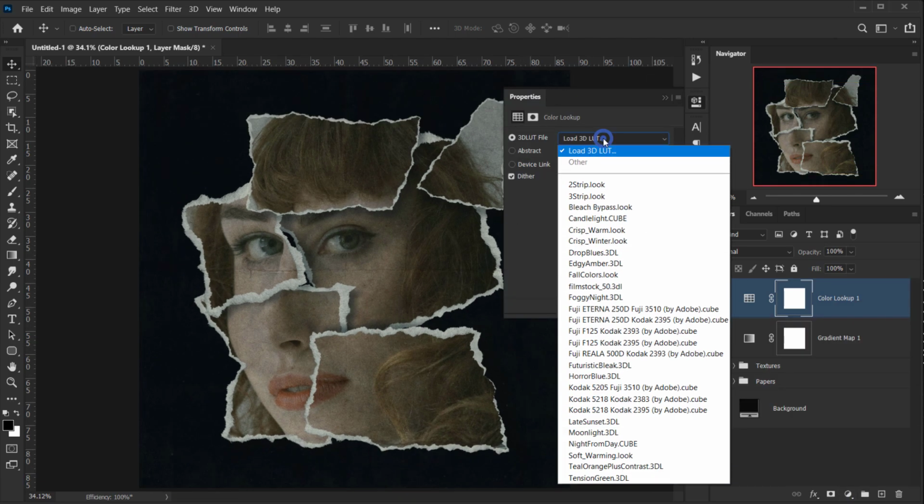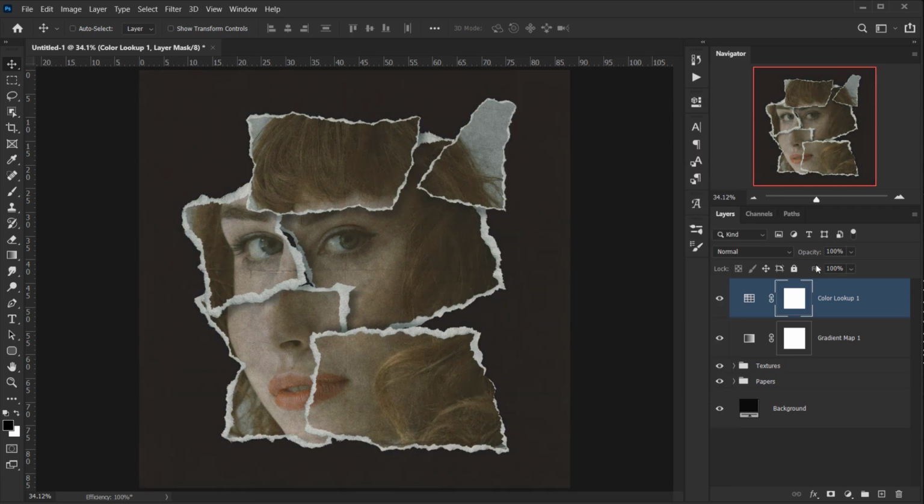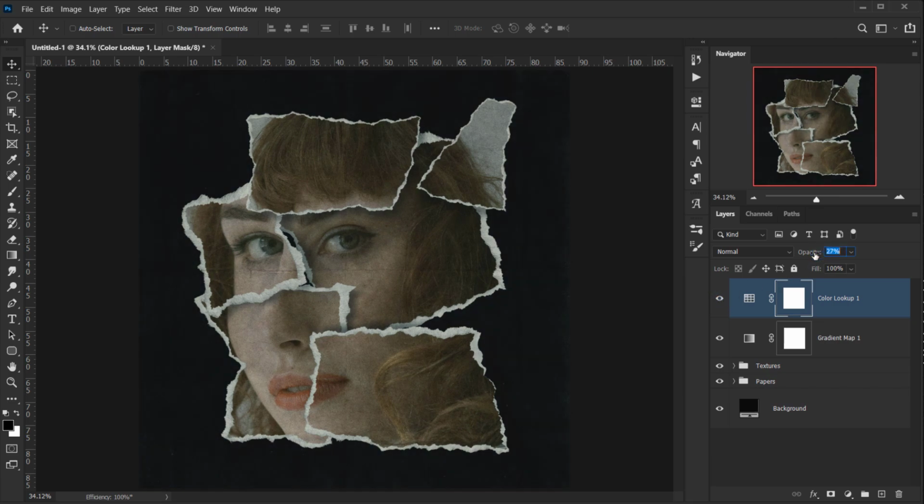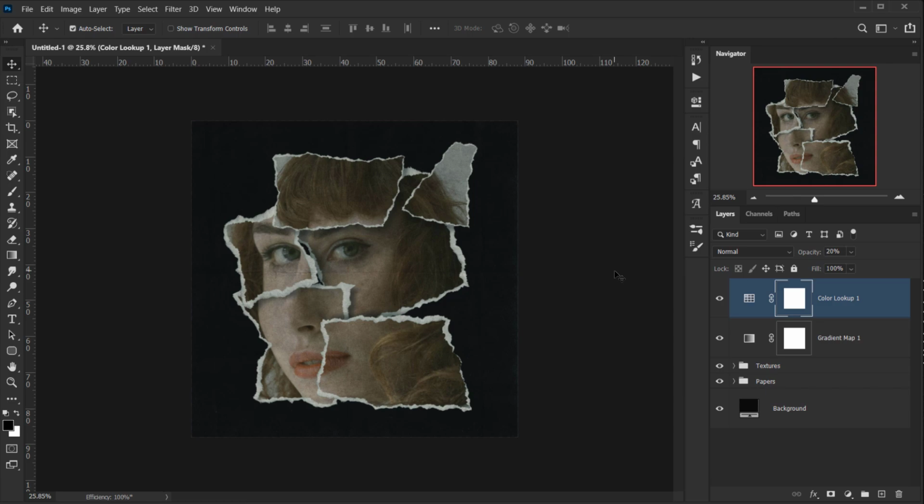So I will open this LUT and I think I will apply the Eterna 250D, this one. And again, I will put down the opacity to 30% or 20 just to have a subtle color. Maybe it's a little bit strong, maybe 20%. Yeah, something like that.